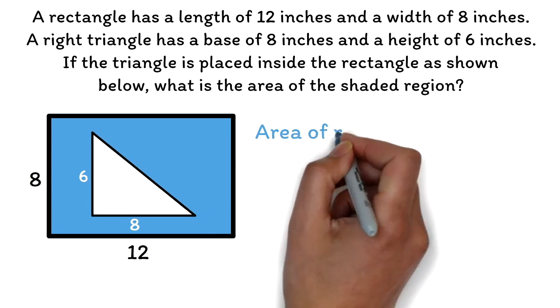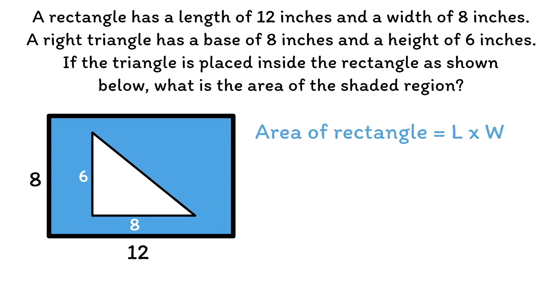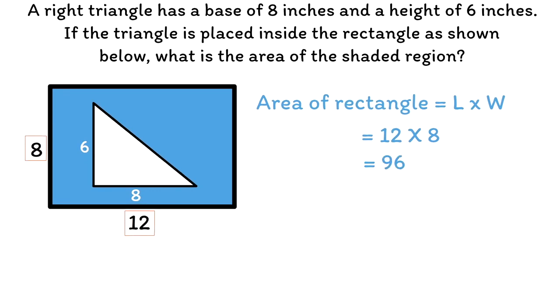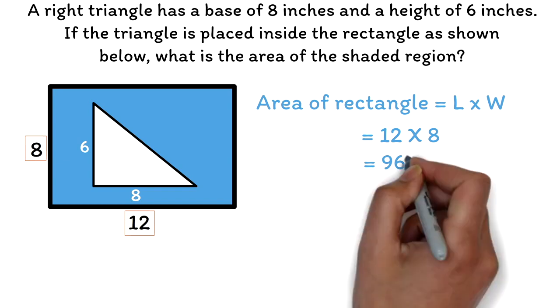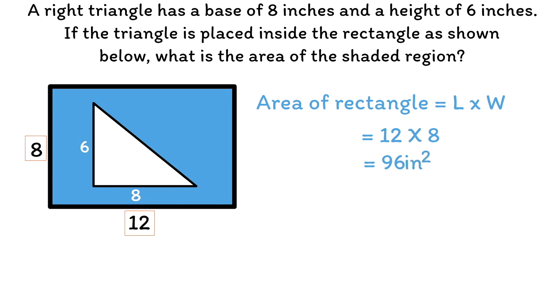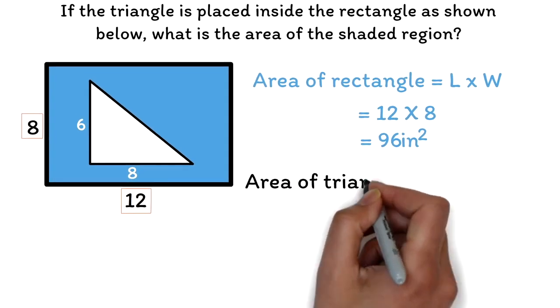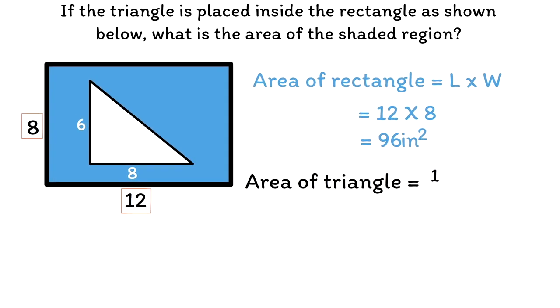The area of a rectangle is length times width. Our length is given as 12 and width 8, and that gives us 12 times 8. 12 multiplied by 8 is 96. Since the unit is in inches and we are finding area, we will get 96 inches squared as the area for the rectangle. Now let's also look at the area of the triangle, and that is half times base times